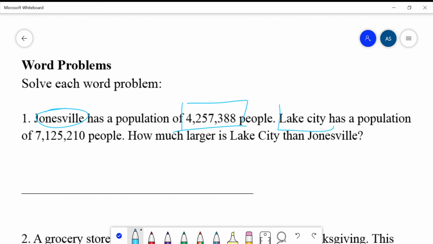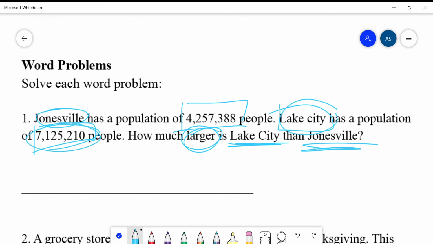And then we have Lake City has a population of this many people. So how much larger is Lake City than Jonasville, right? So we're going to go to Lake City. Lake City has this many people, and so Lake City is 7,125,210. Then that means subtraction, so you're subtracting